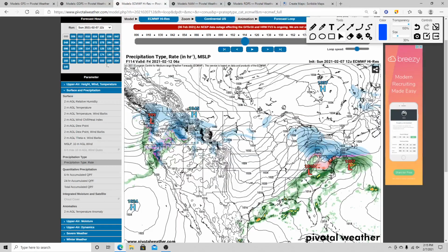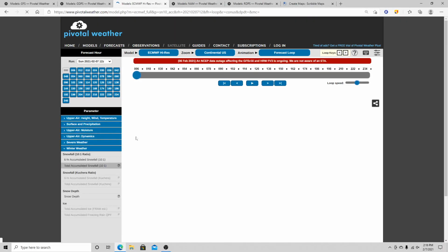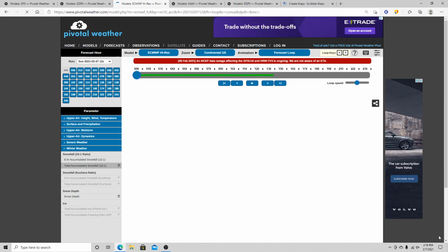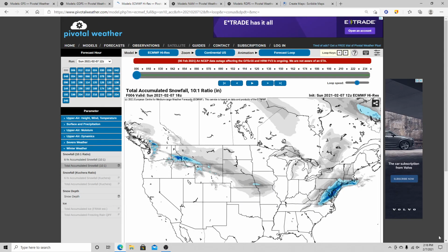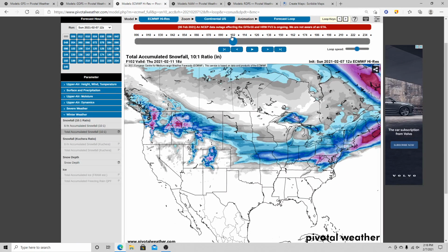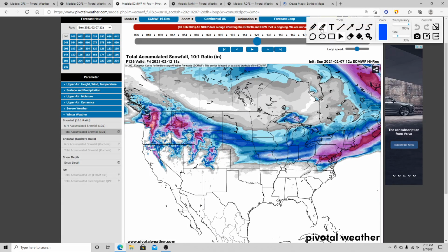And if we look to the European model now, this is going to be the 10-to-1 ratio, so it's not going to be that accurate. The most accurate, really, for snow measurements is the Kuchera ratio, like I showed you on the other two, which I believe does include sleet and freezing rain, I think. So yeah, it does not show as much snow, but it does show a pretty good amount of snow across,